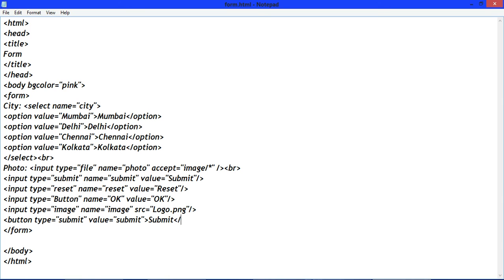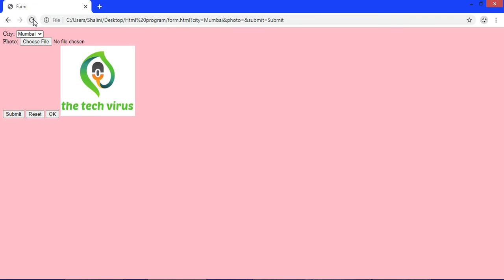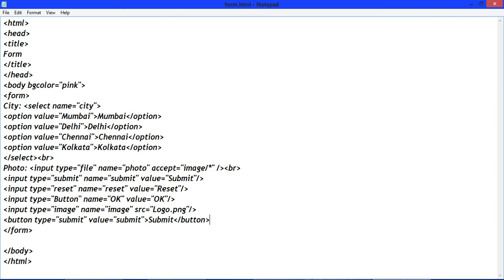Close here button tag. Now save it, refresh it. See, here we have two submit button. One is this and another is this. Okay, this submit button is created with button tag.